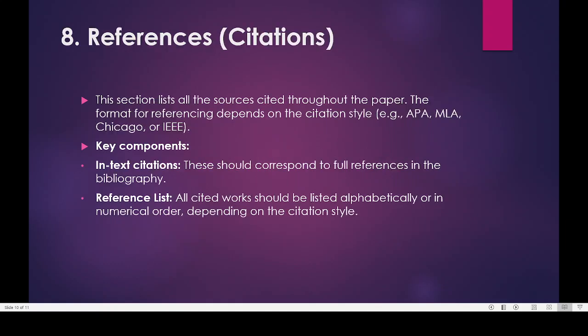Then finally the reference section. The reference section should be very clearly mentioned in APA, American Psychological Association, MLA, or Chicago. These are the three standardized formats. When you are mentioning a paper in your research, there is a certain way. For example, the name of the author, after that a comma, after that you are mentioning the year,